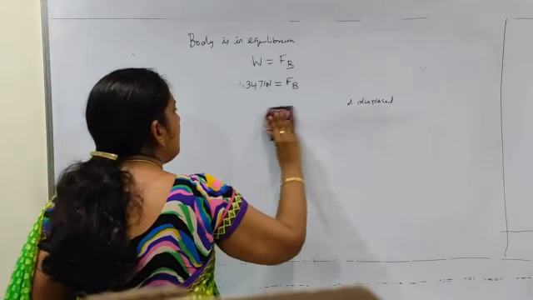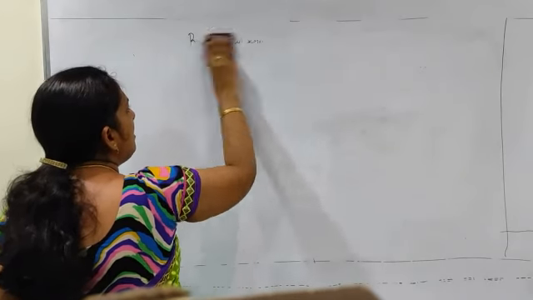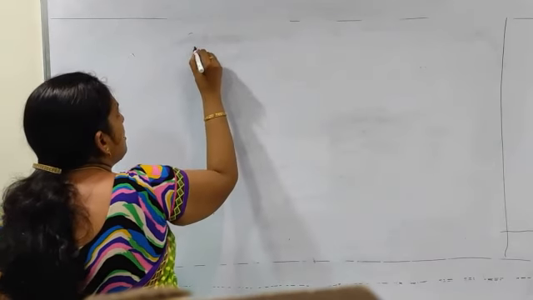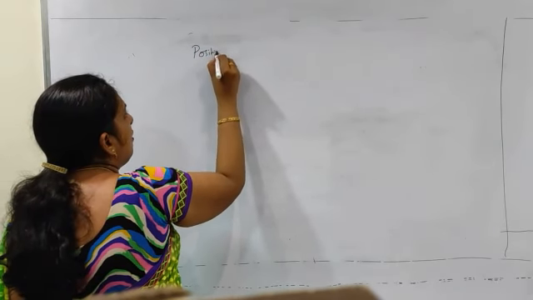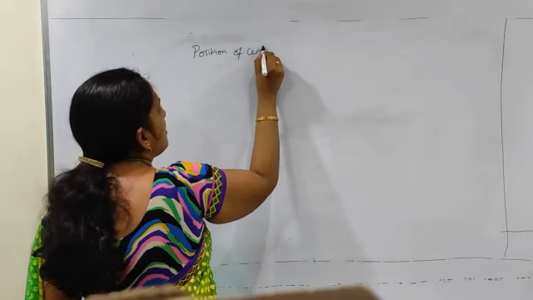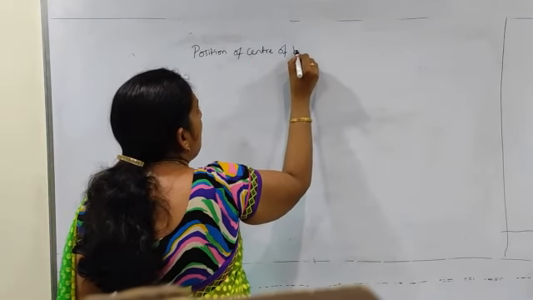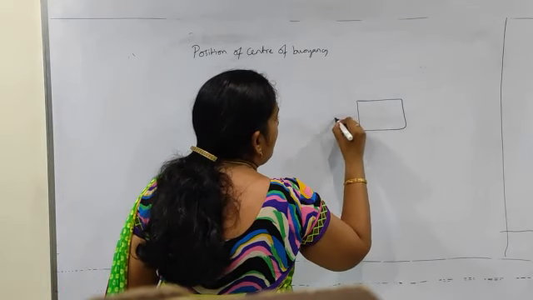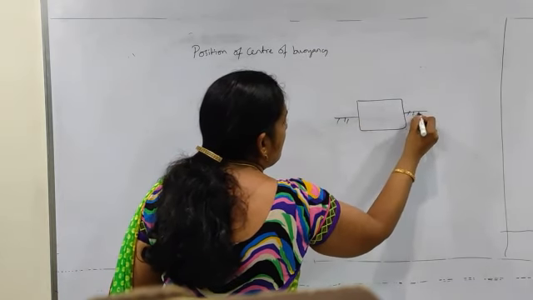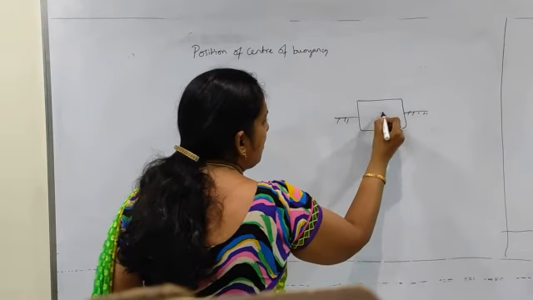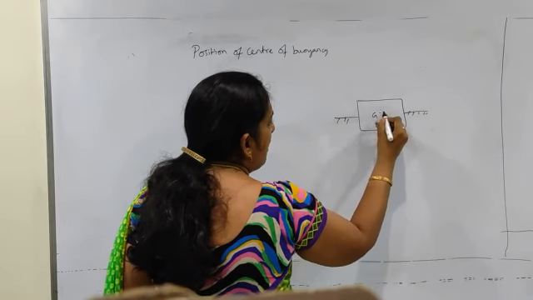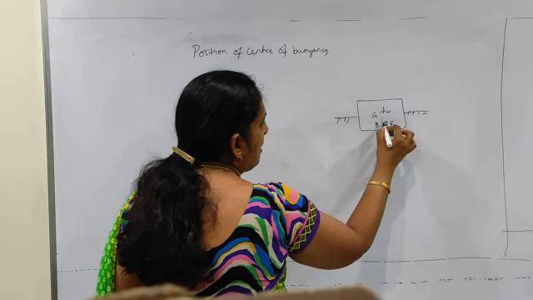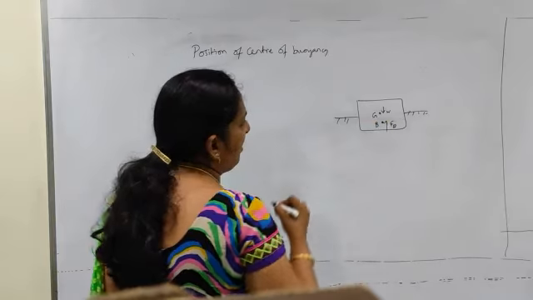See, this problem is very simple. The only thing is we have to understand what is asked and what we have to find. The second question asked is the position of the center of buoyancy. This is a wooden block. This is the surface of water. It is immersed in this, so it floats. This is your center of gravity. This is your buoyancy force. This is your self weight, and this is FB, the buoyancy force. This is the center of buoyancy, and this is the center of gravity.